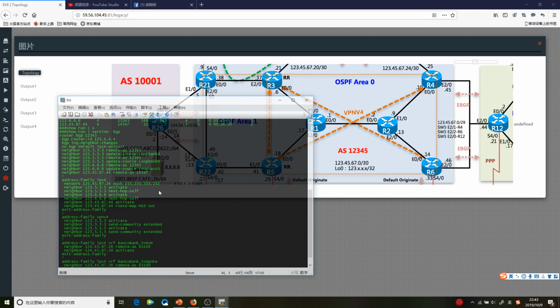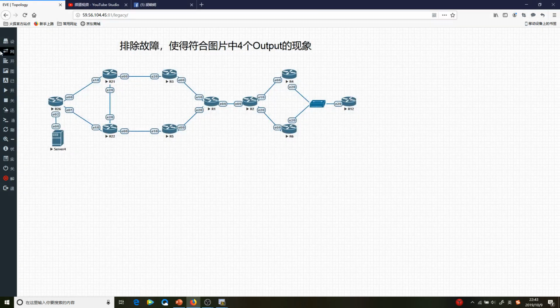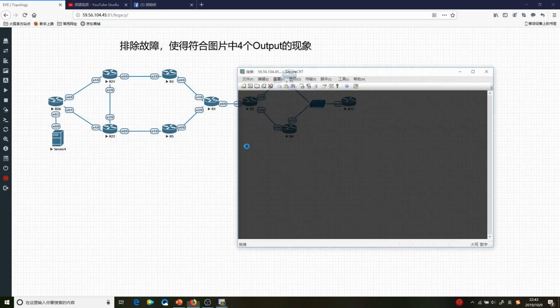And then we can see here the neighbor 5.5.5.5 is active and next-hop-self is right. So we go to R5 and check it. We need to know now if the configuration on R4 is right, so we must do show run on R5. So we check R5 here,